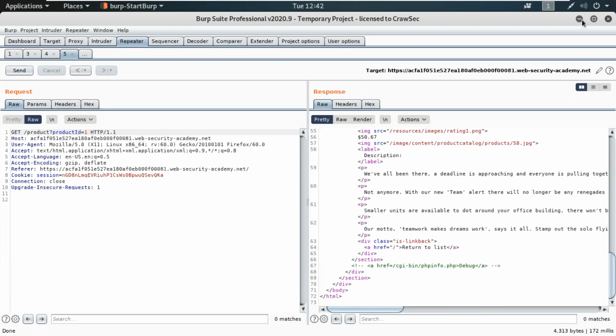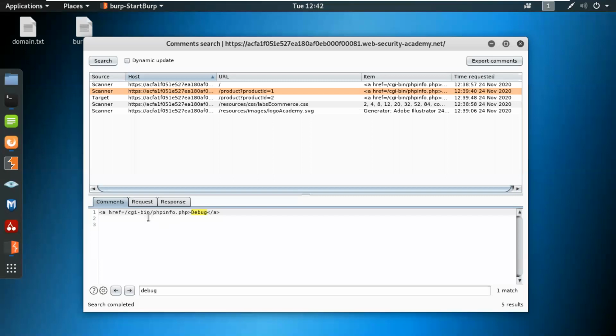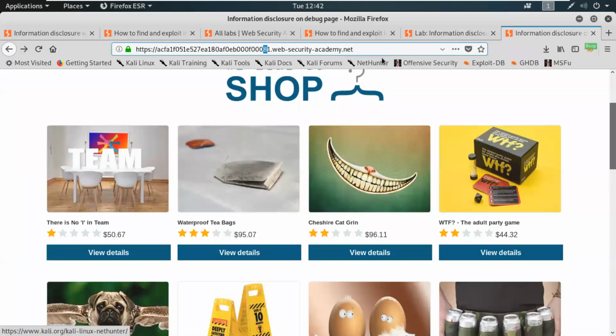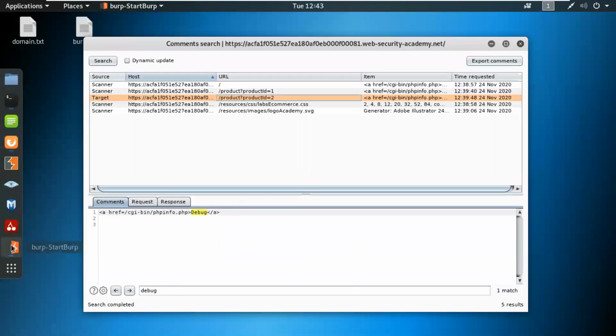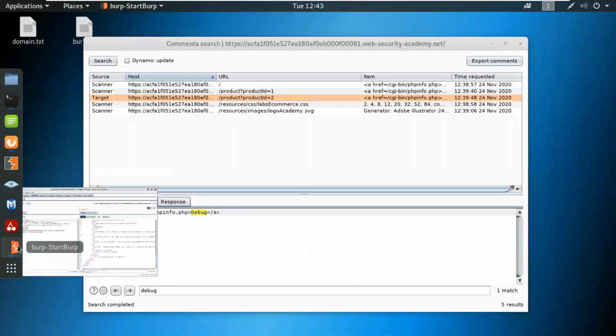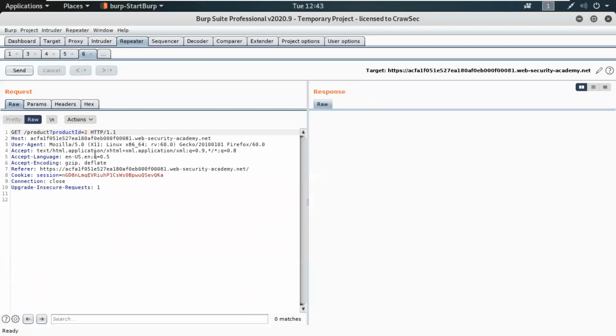I guess I'm doing something wrong. I guess this is a php.work file. These are two. Should have done this one. Yep.